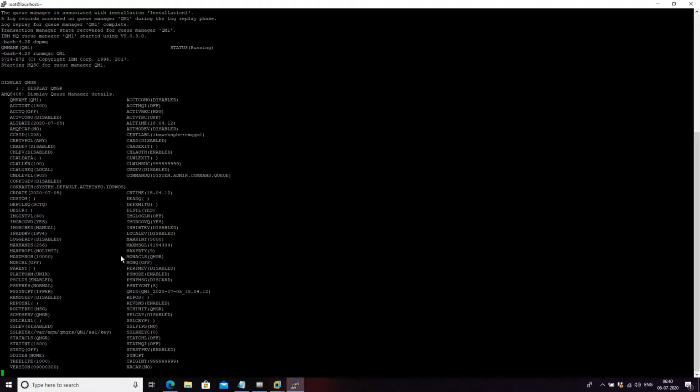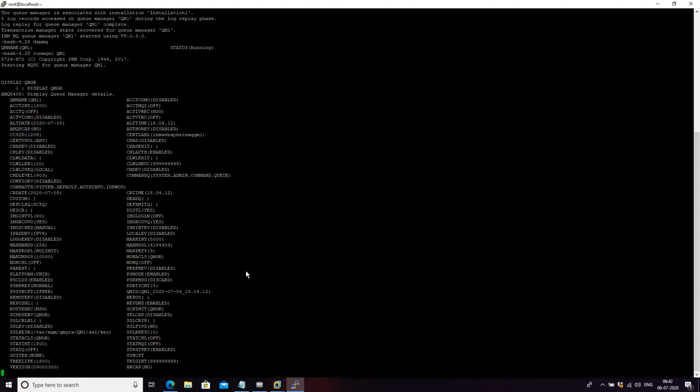Okay, we will see one more. CMD level. Here we have a CMD level. What does it mean? It shows the version of your queue manager. Here 903 means 9.0.3. This property will show your queue manager version. Okay, these are a few properties. We will discuss them in detail going forward, and what the purpose of each is, later on.